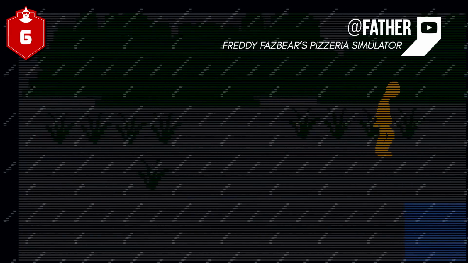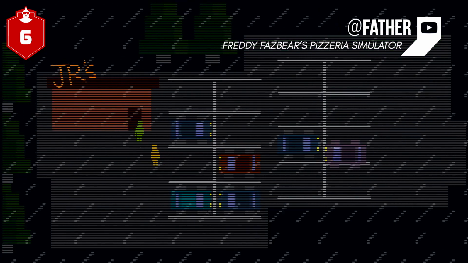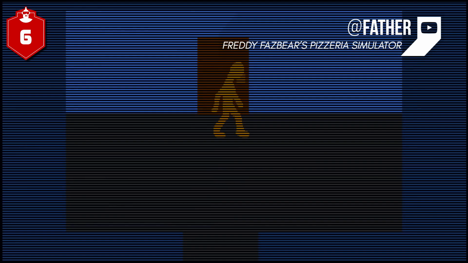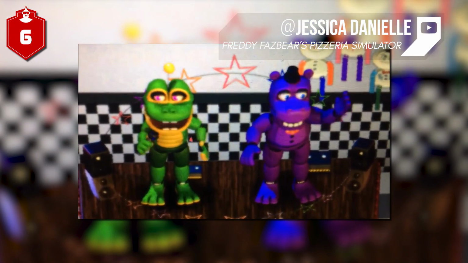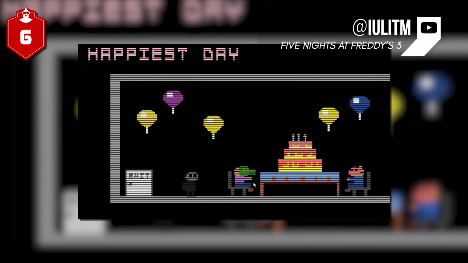Bonus reference, you'll notice a couple of references to a broken window in the back of the house and the green man standing outside what looks to be the bar from the previous games. There are no definite theories as to what this can be, so we're waiting to see if any possible future installments will elaborate. Also, hardcore fans probably noticed Mr. Hippo and Happy Frog among the animatronic mascots you can buy. They bear a striking resemblance to some of the masks in the minigame The Happiest Day in Five Nights at